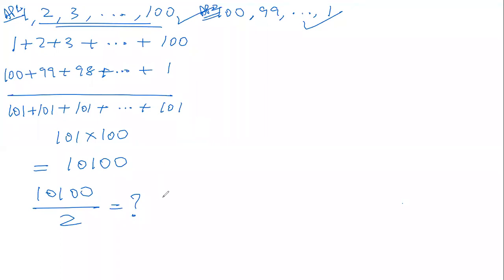5,050. Chanda is saying 5,050. 10,100, half of 10,000 is 5,000. Right? And this logic has been used to derive that formula. Take 2 seconds, think what has happened in this process and tell me if you have understood.